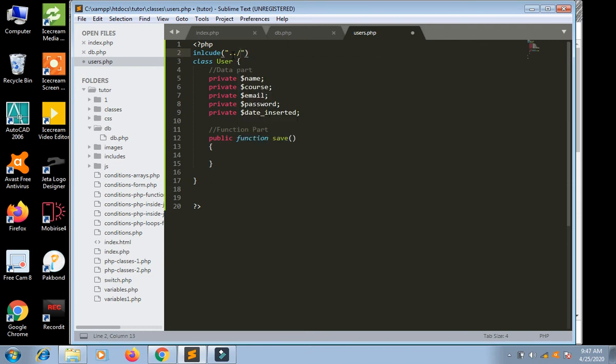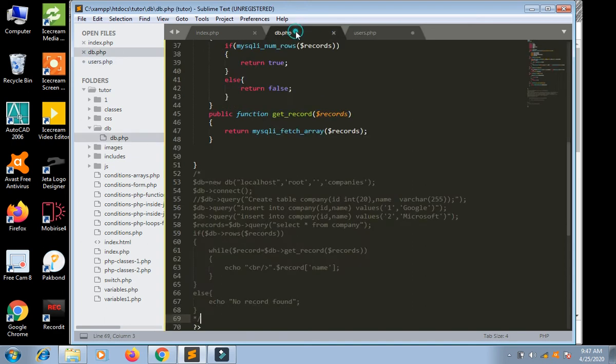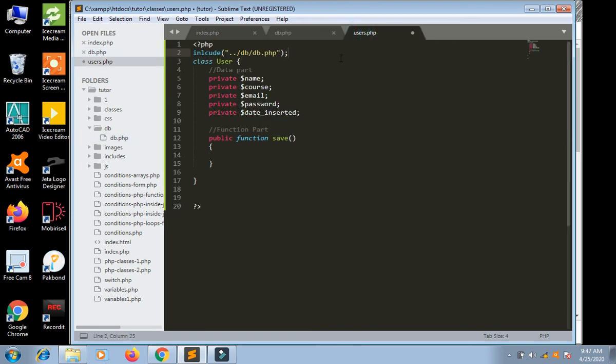This is db. There is a separate folder for the db class. Okay, db, and db.php. We add the db.php class. Okay, now we have saved.